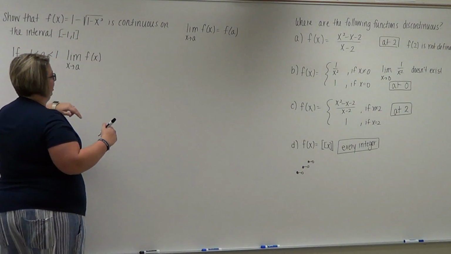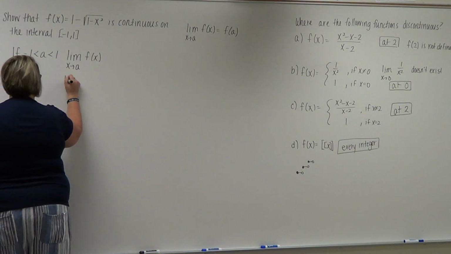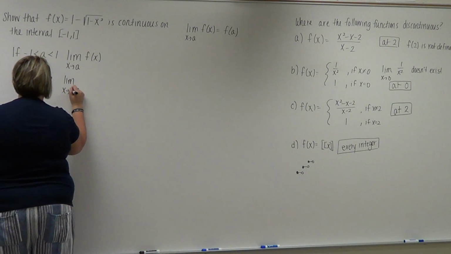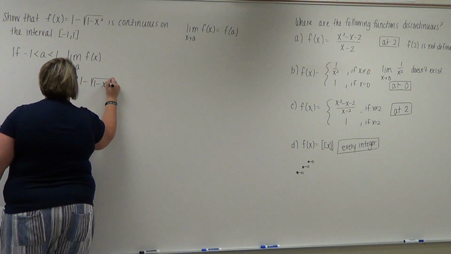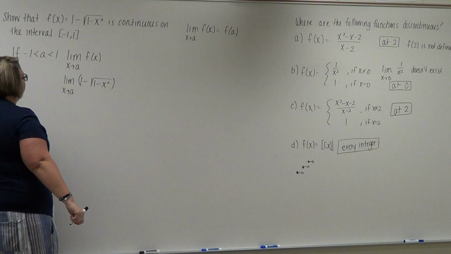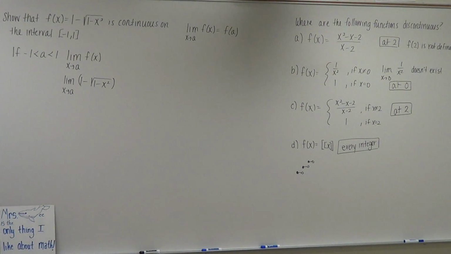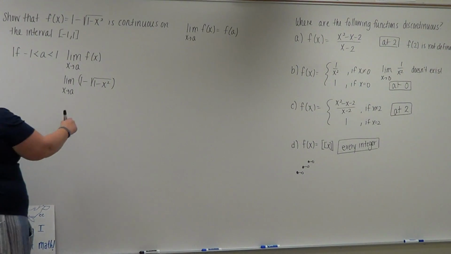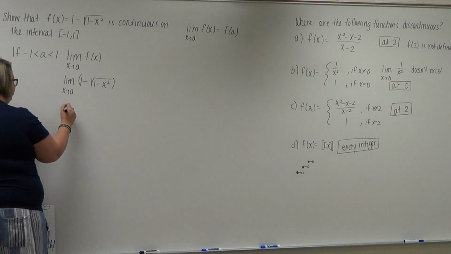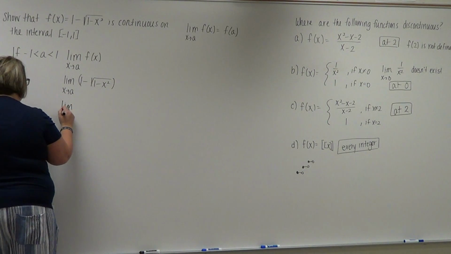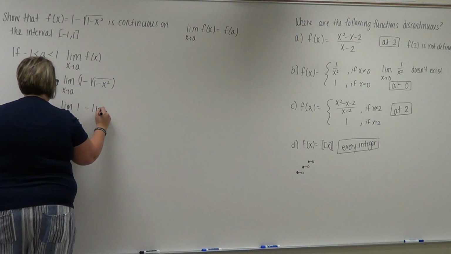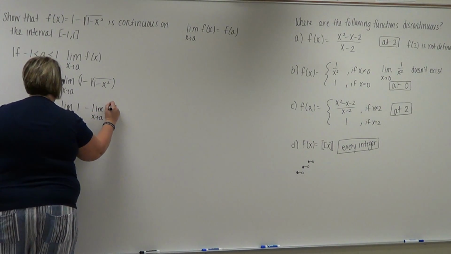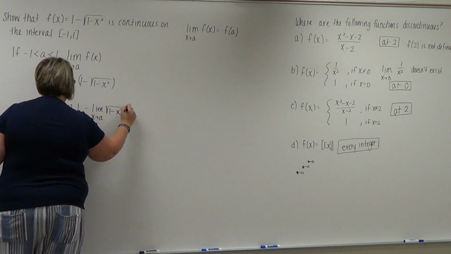Well, if this is my f of x, that means I'm going to find the limit as x approaches a of 1 minus the square root of 1 minus x squared. Remember the rules? If you have two things going on, you can split it up. So then the limit as x approaches a of 1 minus the limit as x approaches a of that